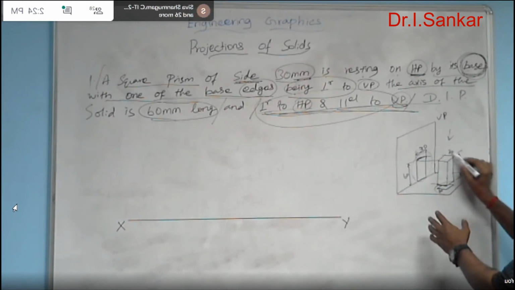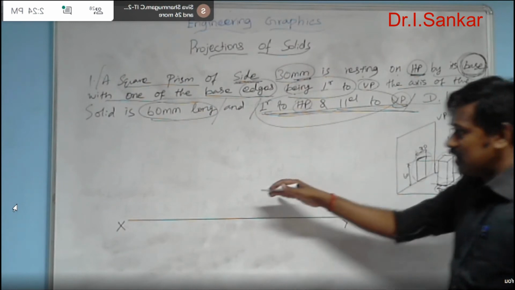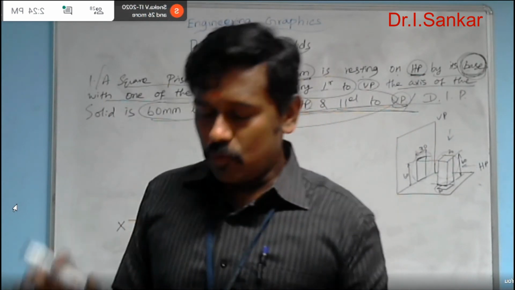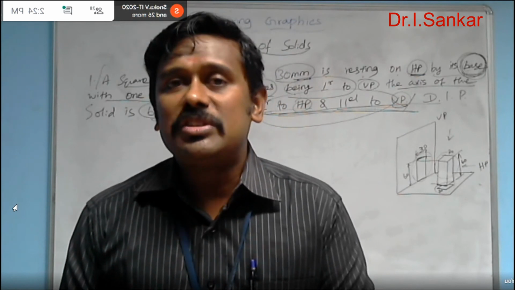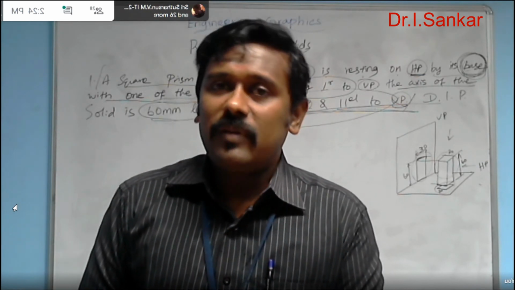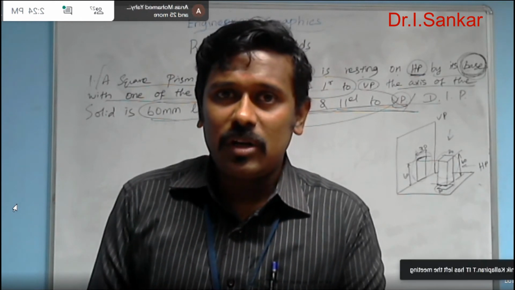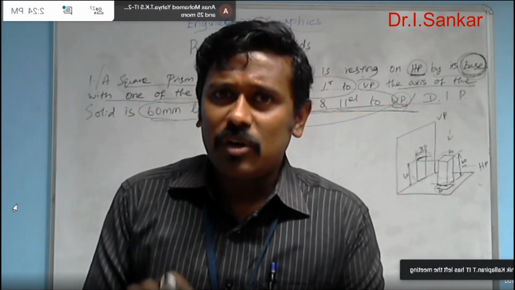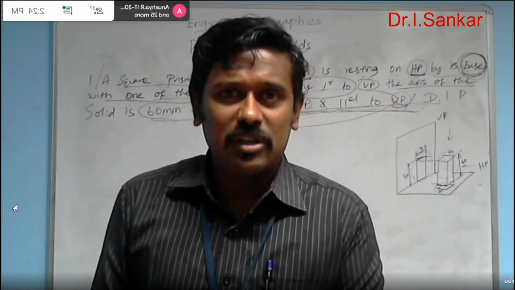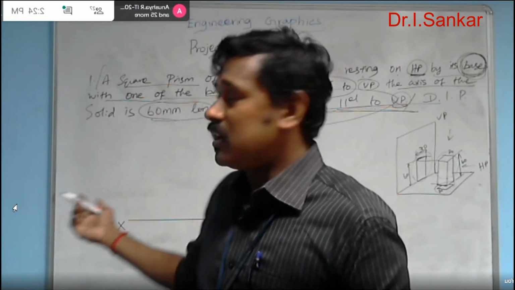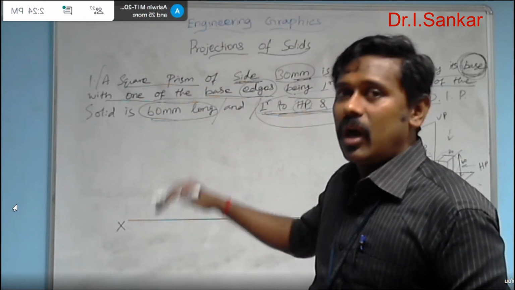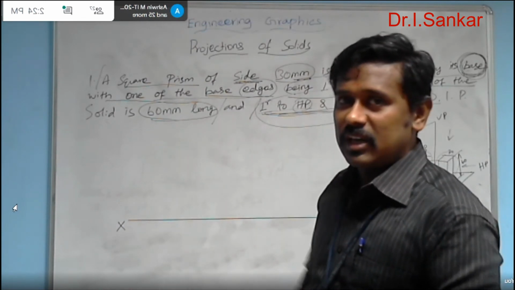I am not going to draw the 3D view of the solid in our paper, in our XY environment, because in the XY environment we are now going to draw only the 2D sketch. Okay, a plain view only we are going to draw. For that we need not have a 3D environment, and anything you are drawing here should be with respect to the XY line. Maybe it is above the XY line or below the XY line. You should not say in front of VP or above HP here. You should say only above XY or below XY based on the condition of the solid.